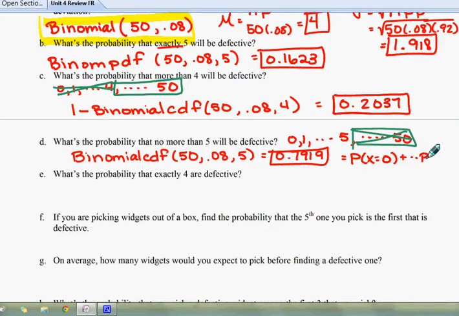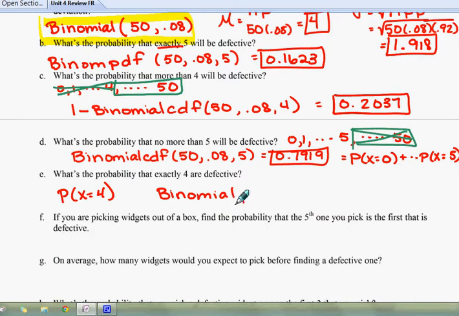Plus all the way up to the probability that x equals 5. Now the next one is talking about what's the probability that exactly 4 are defective. That's the probability that x equals 4. Again, showing your work would be listing that binomial model. The probability of x equals 4, and in our calculator,